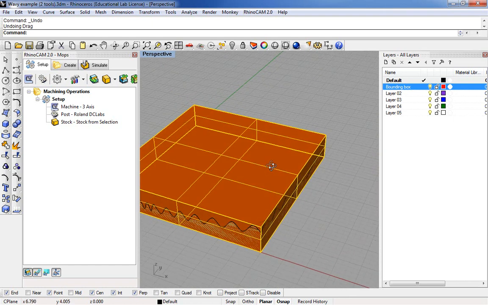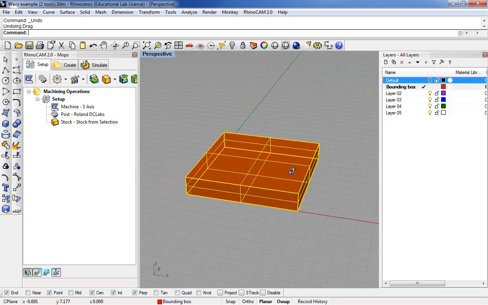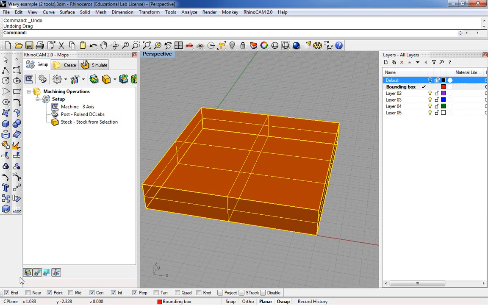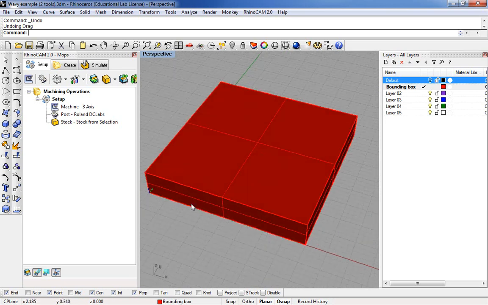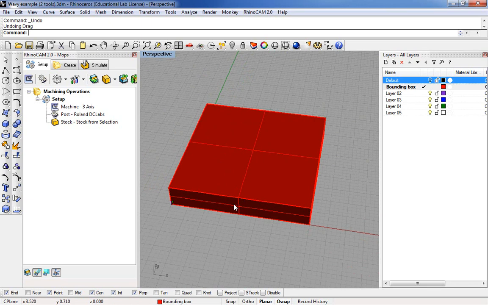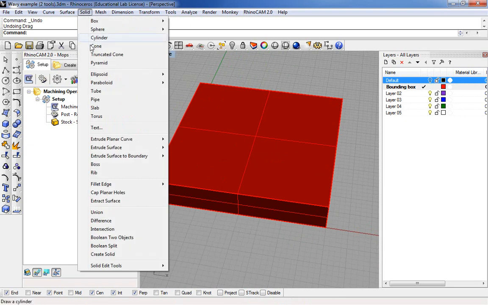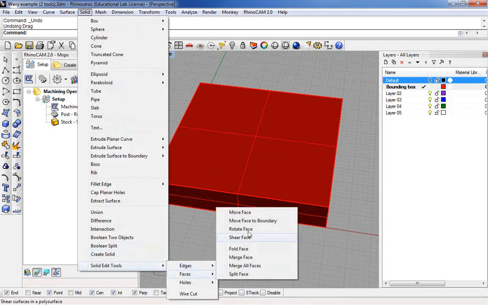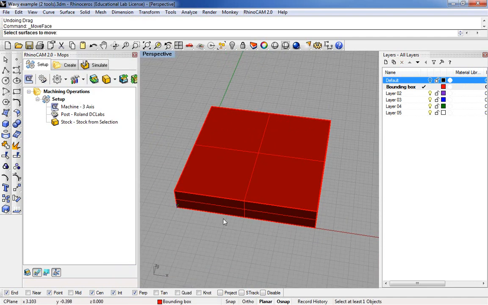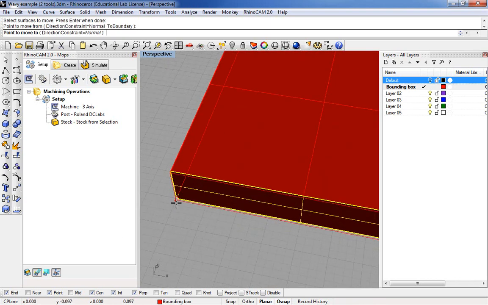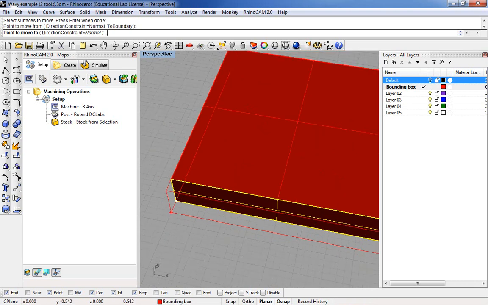In this case though, what I actually want to do is hide my geometry for a second. I still want that offset, but I want a little bit more control at this point. So what I'm going to do is go into Solid Edit Tools, Faces, Move Face, and it's asking me to select the surfaces to move. So I want to move this again using my end snap. I'm going to snap from the end here, and I'm going to specify a certain distance, let's say 0.2,